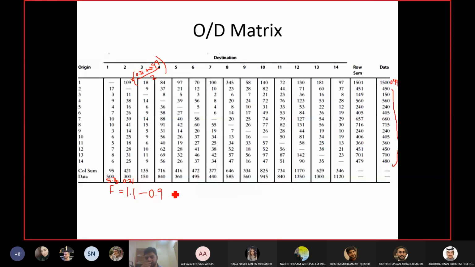I'm assuming that you will not require many iterations because the rows are already balanced. But anyways, we will see. So this is your homework. You will do the iterations and you will check that you are getting the factors between 1.1 and 0.9. It may not happen in one iteration. Keep it in mind. So what I want you to do is give me the final matrix and the final ratios tomorrow.